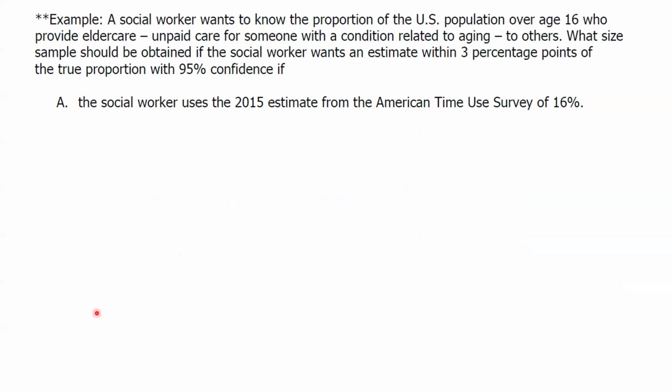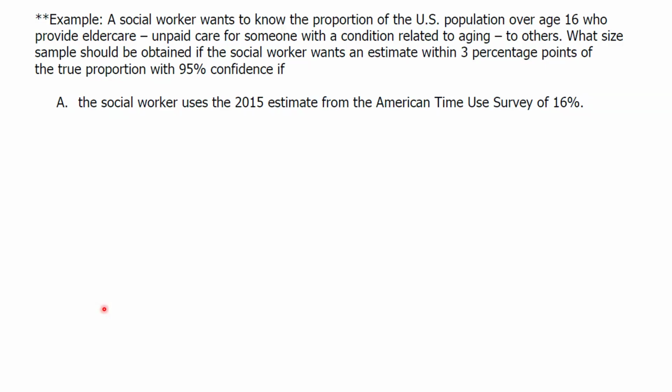So let's look at this example. A social worker wants to know the proportion of the U.S. population over age 16 who provide elder care, so unpaid care for someone with a condition related to aging, to others. What size sample should be obtained if the social worker wants an estimate within 3 percentage points of the true proportion with